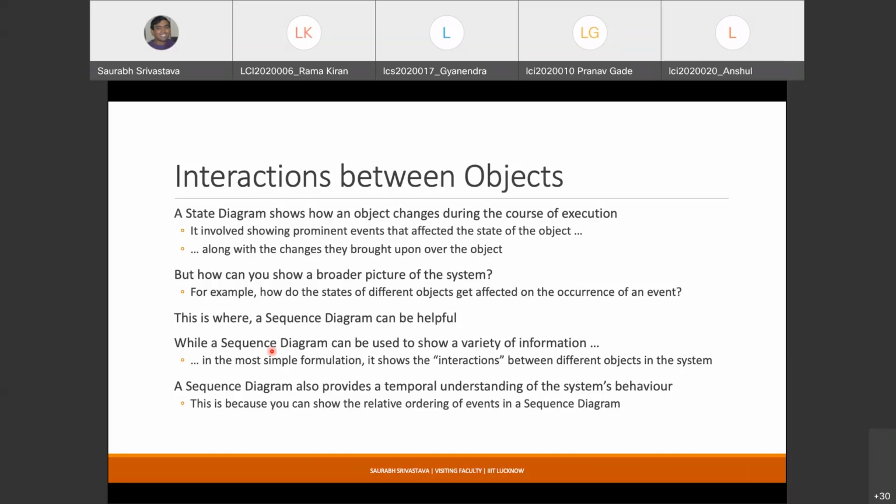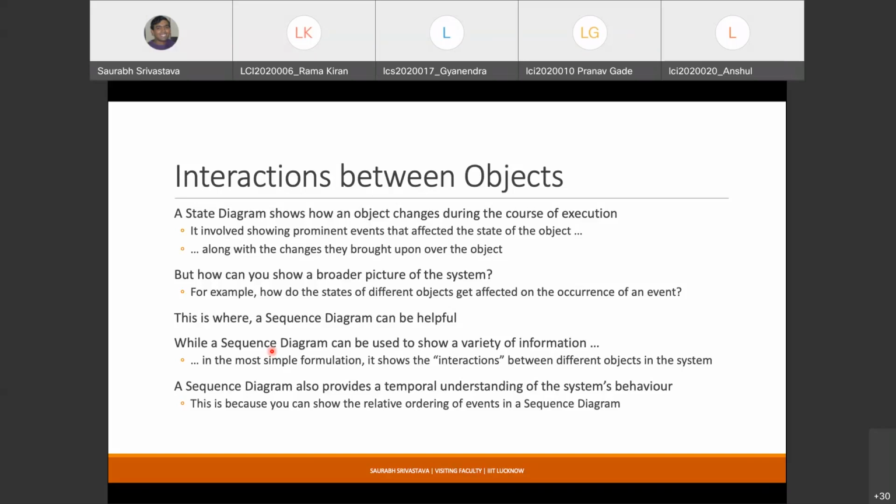So the state diagram shows how the object changes with respect to an event, and the sequence diagram we are going to use in order to show exactly how these events impact, right? And how one object can impact another object, right?